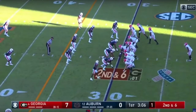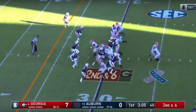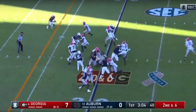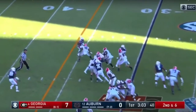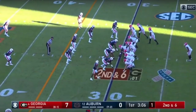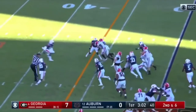So he's going to be running right here to his left. Okay? And there's not going to be a whole lot. Once again, you see Derek Brown coming and blowing up the play. He's able to make a quick move back to the outside, puts that foot down, and gets back upfield. And then he's able to see this open area, and he's able to just keep that going, keep that contact. He got kind of hit at the legs. He was able to still kind of go so that he can get this first down, and shows once again